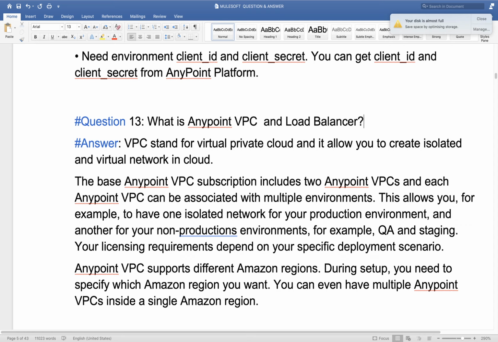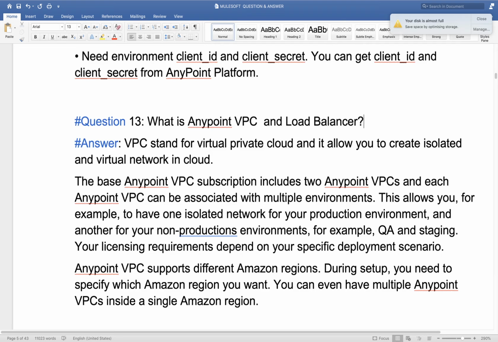Now when I purchase any vCores on CloudHub, in CloudHub they are using shared resources for all clients. For example, MuleSoft has 100 clients, so all 100 clients will take licenses, and they are using shared resources. They purchased one space on AWS, not Azure, on the AWS cloud, and they created their infrastructure there. I took a license, so I took 3 vCores from that infrastructure. The same infrastructure they are using for other clients also.